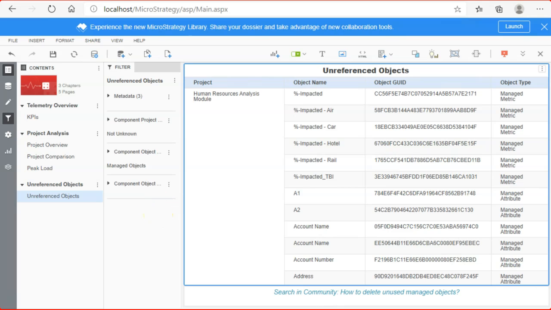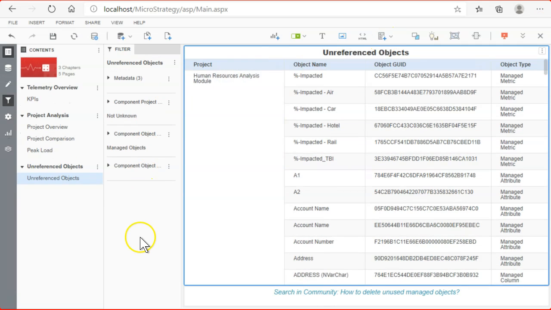All right, guys. So that's about platform analytics in MicroStrategy, and how you can utilize these real-time tools without any extra installer. You just need to install with your MicroStrategy, or you can even install it later after you install and configure MicroStrategy.